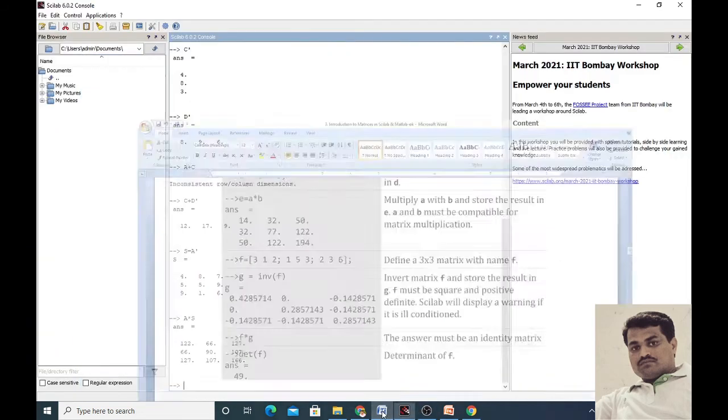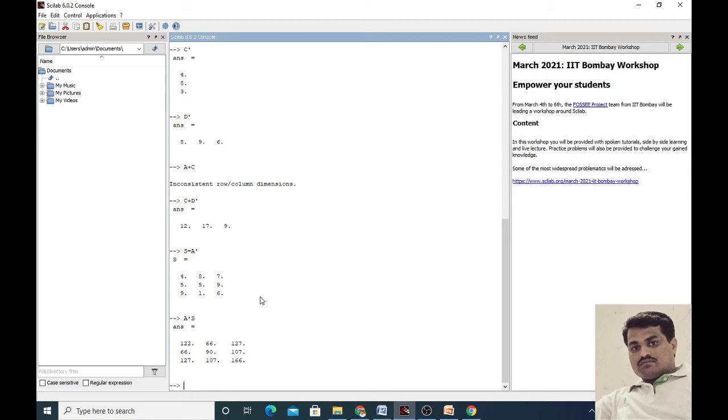Also, remember the definition of the identity matrix. The identity matrix is the matrix whose diagonal elements are 1 and all the remaining elements are 0. So, you know the inverse of a matrix. How do we find the inverse of a matrix? Use the command INV. We define capital R equal to the inverse of matrix A.